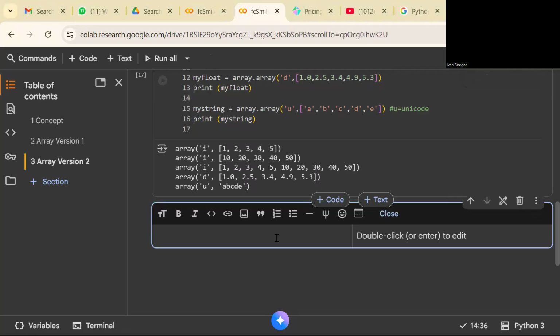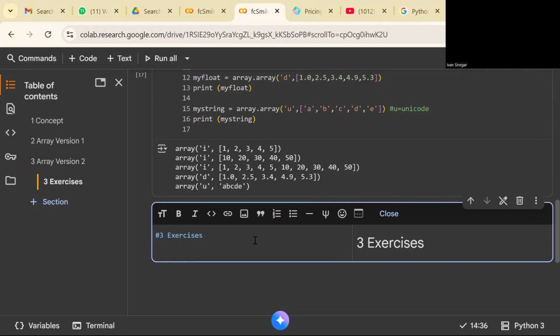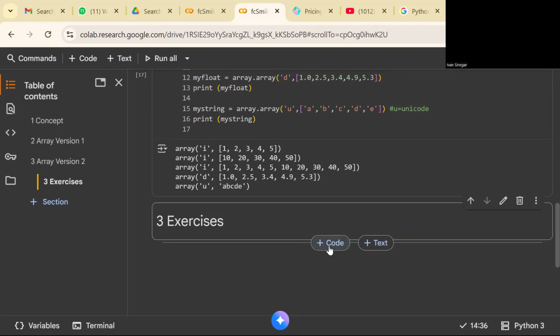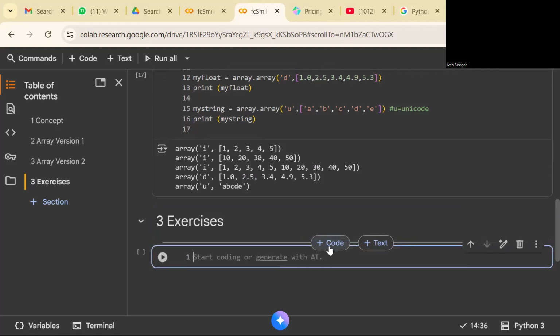So we continue with number 3, the exercises. Oke, kita latihan dulu contoh ya. Kalau kita punya misalkan di sini adalah hello world.